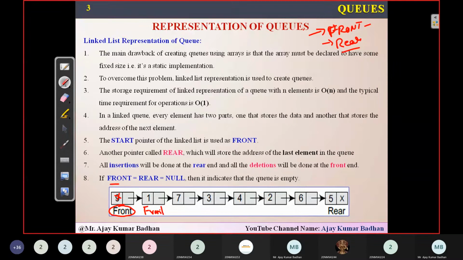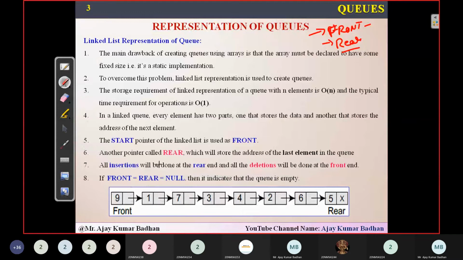This is the condition you have to keep in mind here. If front and rear are equal to null, what does that mean? Both are in the same position, which indicates that there are no elements present in this particular queue, so you can say that the linked list is empty.